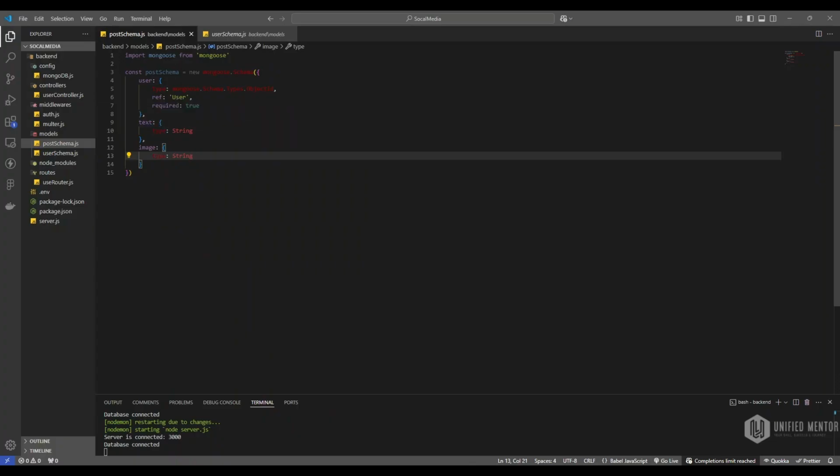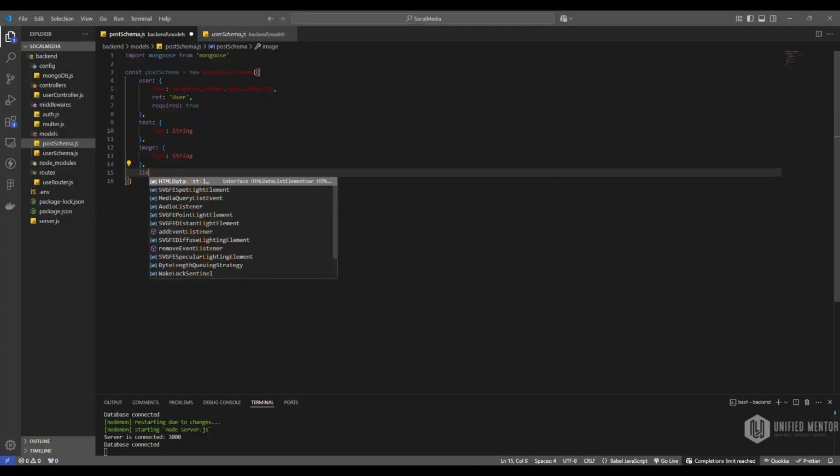If you want to just send a text, like as you see in LinkedIn, we will get a text itself without a post. For that one, we just make required false. Like, we don't want this one to be required always. After that, we have likes,